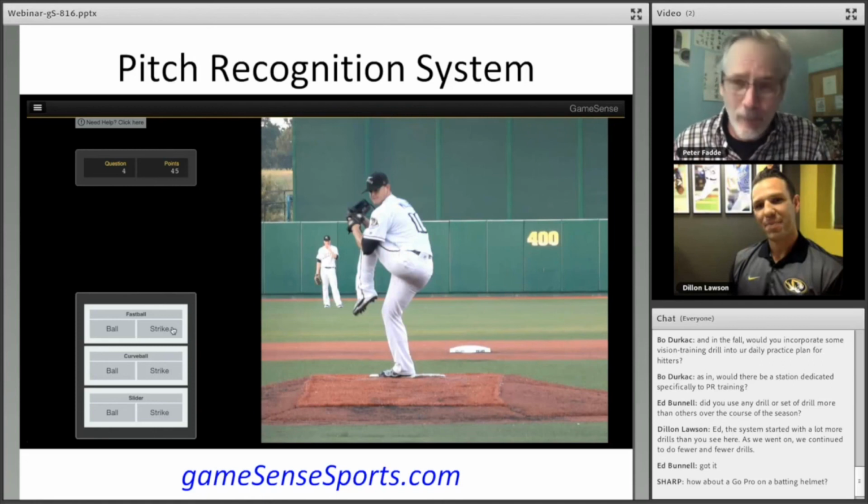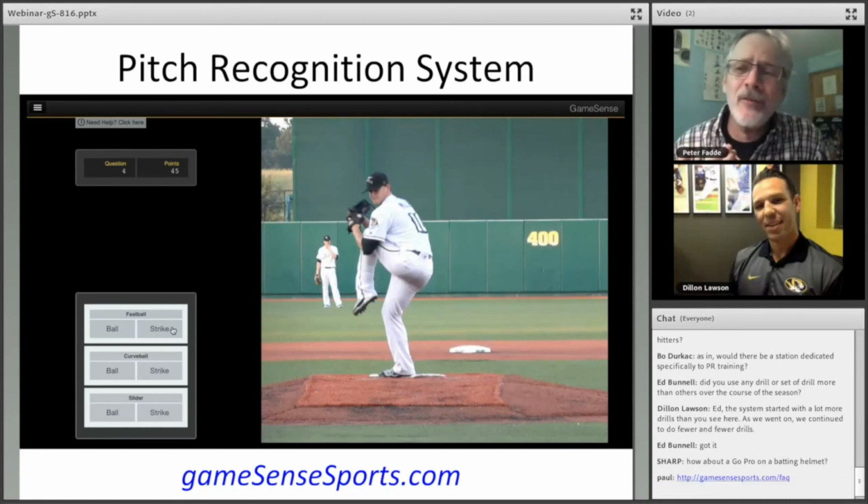For instance, the GoPro on the helmet is what we think of first, and it's not a good view. If we get that and show it to hitters, it doesn't seem right to them. And so, when you look at this, a lot of times you'll see a little bit of the catcher in the shot. And the eyes and the brain are a real magical thing, but they're hard to order around.